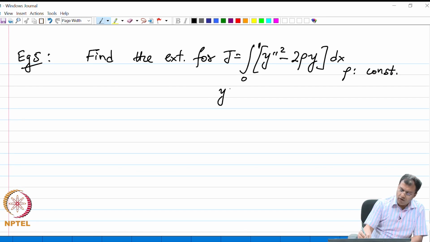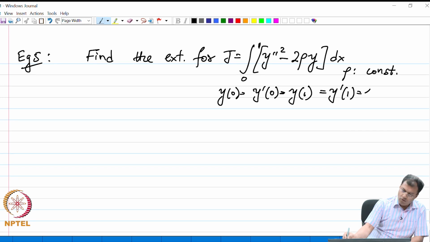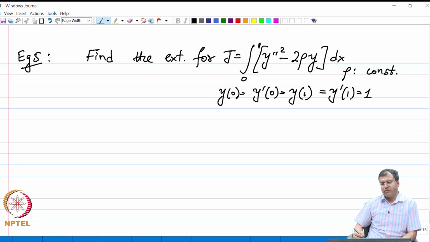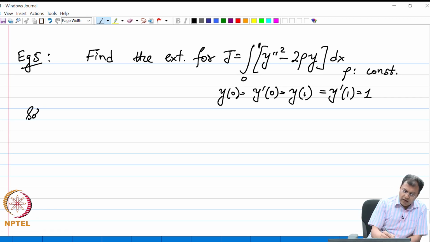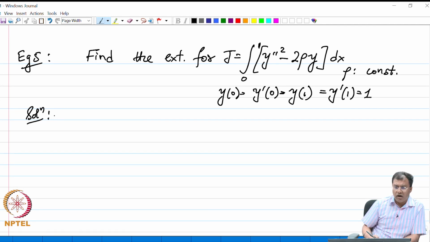and y of 0 is equal to y prime 0 is equal to 0, and y of 1 is equal to y prime 1 is equal to 0. So these are my boundary conditions, my 4 sets of boundary conditions. So we have to find the extremal for this functional. Notice that this functional contains derivatives up to second order, and my generalized Euler-Lagrange or Euler-Poisson